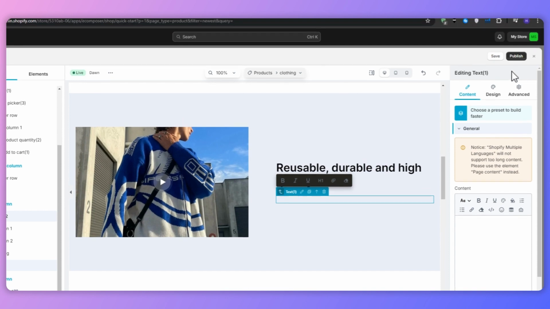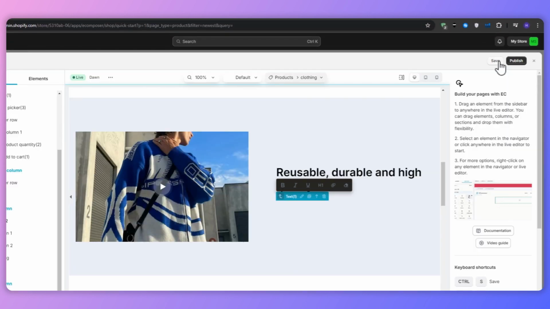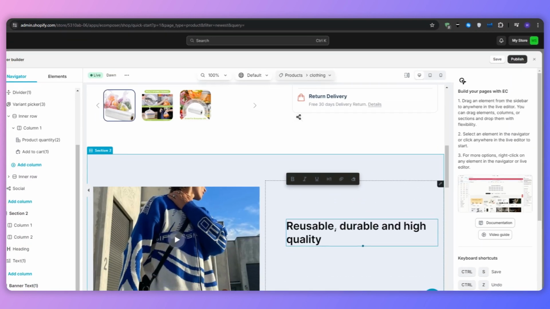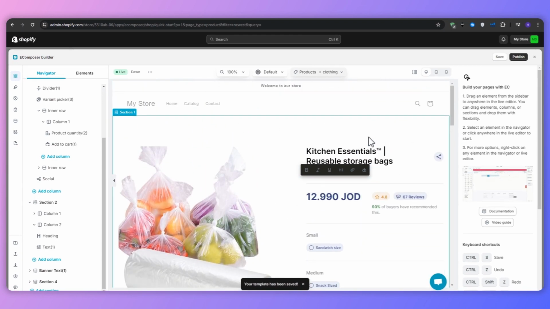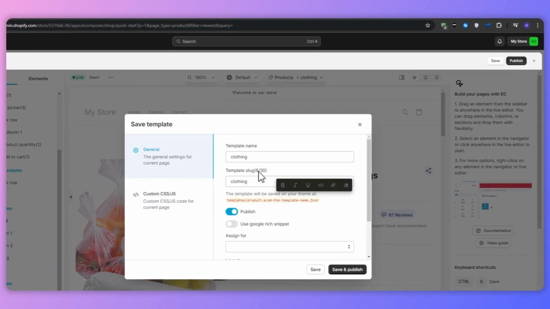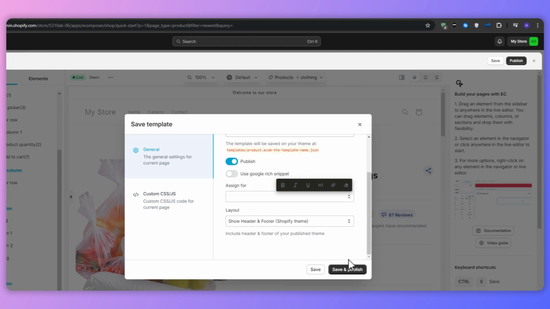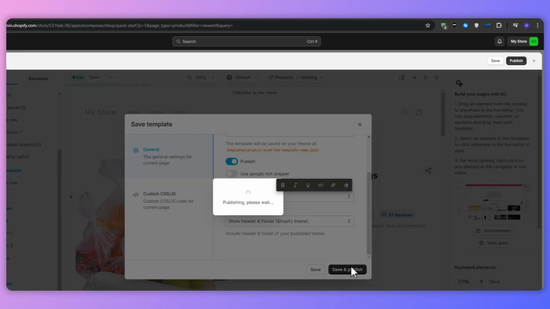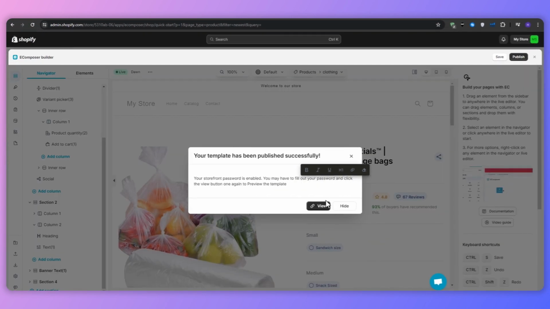Now, of course, you want to change all of that for your own product. As you can see, this video is some kind of stock video from the application, and the description is not exactly right, so I would want to remake all of this. So I'm going to go ahead and change this section right here to fit my own brand and my product a little bit more. Once you've done your edits and everything looks good to you, go ahead and click Save